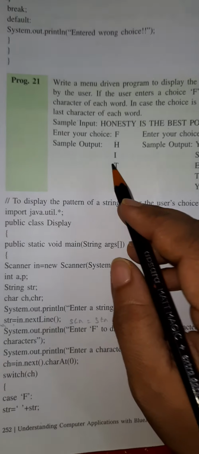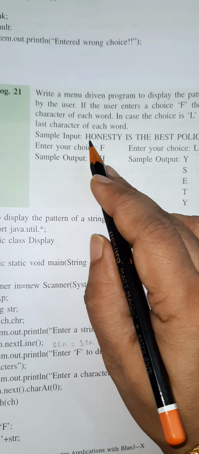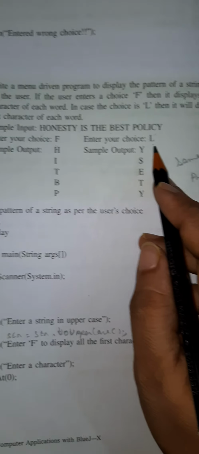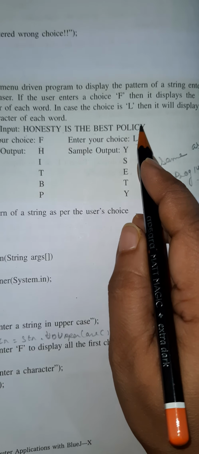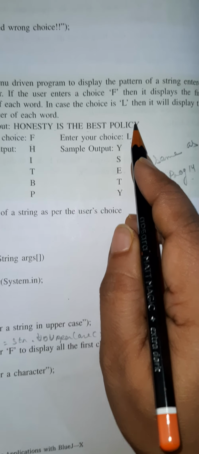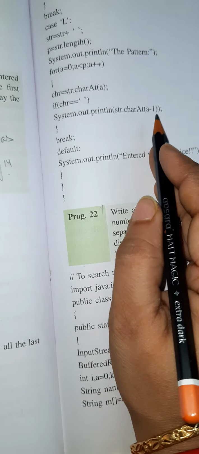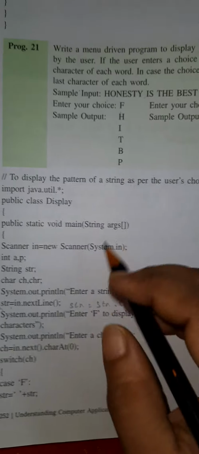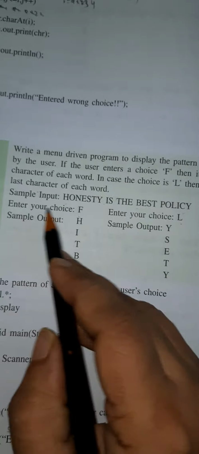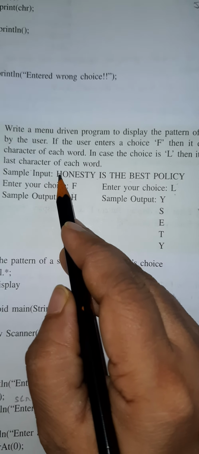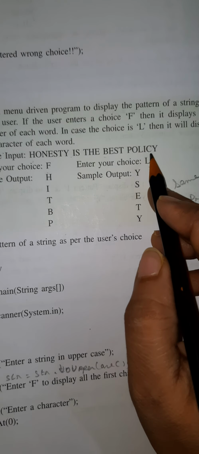So here the same thing, we are finding out the space. If it is a space, then after it we take the letter, and if it is L, we are checking the space from the back side. So if there is a space, we take the one before it, minus 1. You see here minus 1 is taken, and if it is a space here, you are taking plus 1. If here it is a space, then whatever letter is after it we are taking, and on this side if there is a space at the end, then the letter before it is taken.